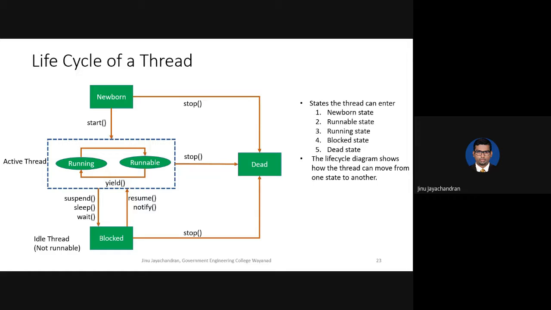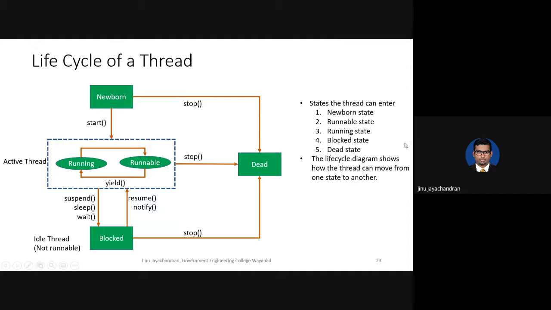So we have some states, or you might have studied the state concept in your LCD classes, logic circuit design classes, the state machine concept. Similar to that, we have something called a state in our thread also. We don't want to go into great detail about how the state is working. We just want to look at an overview of what the possible states in a thread are, and how the switching between the states happens, like what the condition of switching is.